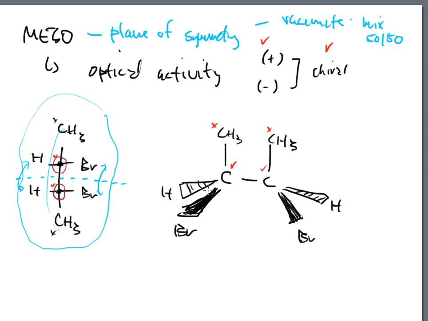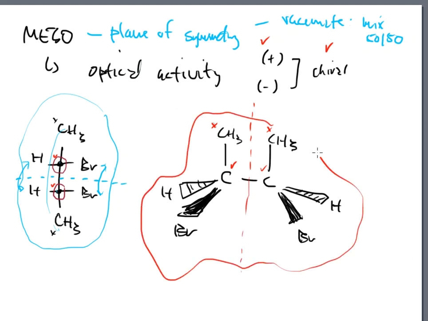So part B of the question, will it show optical activity? And you might have a tendency, especially in the past, to automatically say yes, it does. There are chiral carbons. However, this is a meso compound. There's a plane of symmetry. And this time the plane of symmetry is going to go vertical. I can cut this molecule out on a sheet of paper, and I can fold at this crease right there. I can fold that molecule onto itself,